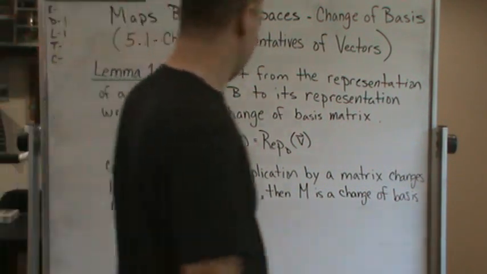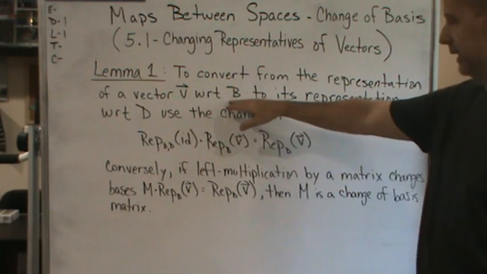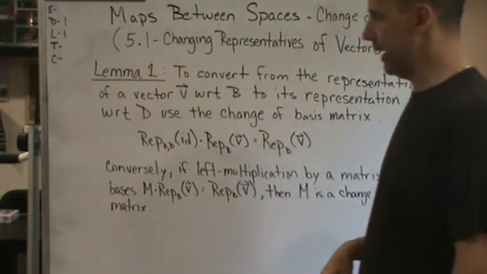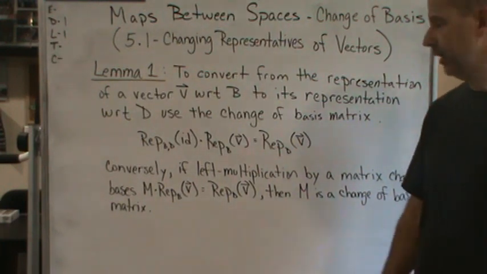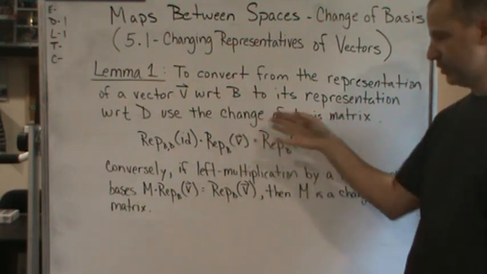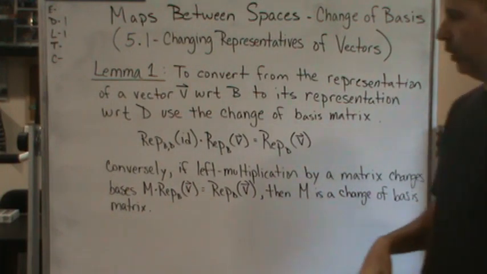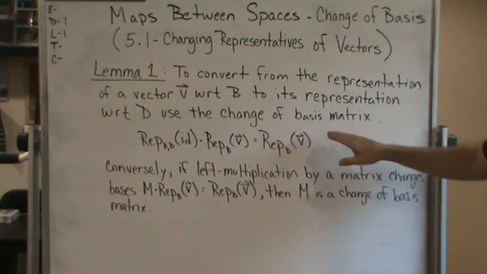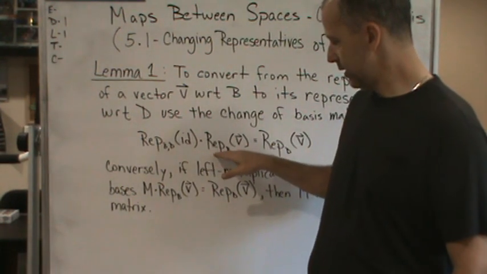Okay, Lemma 1. Lemma 1 says that to convert from the representation of the vector v with respect to B to its representation with respect to D, we use the change of basis matrix. Incidentally, a more appropriate term would be change of representation matrix, but this is standard, so we're going to stick with it. Anyway, to convert from the representation of vector v with respect to B to its representation with respect to D, we're going to use the change of basis matrix, and we're going to multiply